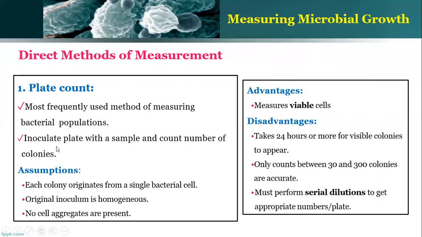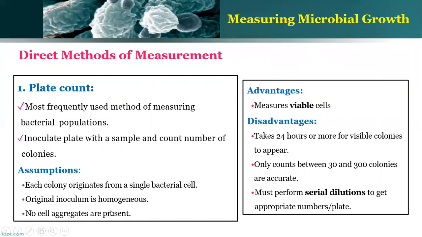In the plate count method, you inoculate the organism in a medium-containing Petri plate with the sample and count the number of colonies. This is the principle involved in the plate count method. The assumptions in the plate count method are that each colony originates from a single bacterial cell and the original inoculum is homogeneous. That means it should not contain multiple organisms,